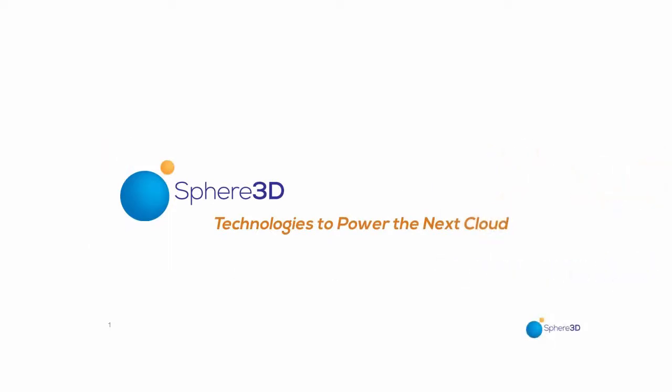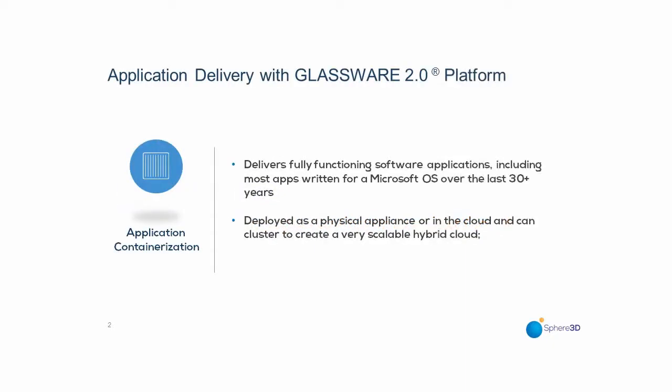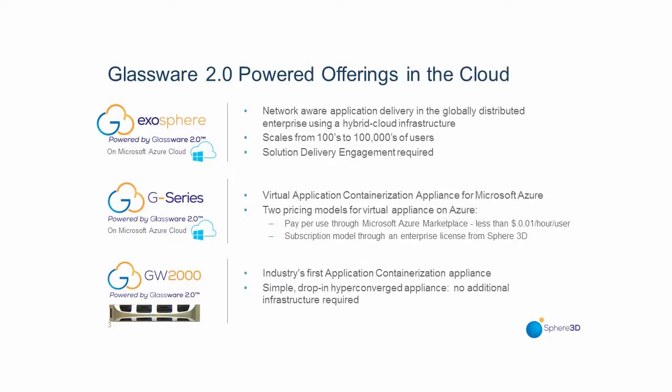Sphere 3D has recently launched G-Series Cloud for Microsoft Azure. Powered by the Glassware 2.0 containerization platform, G-Series Cloud is a revolutionary new way to virtualize and mobilize both current generation and legacy Windows applications, making them accessible from any device, anywhere. G-Series Cloud is easier to use, faster to deploy, and an order of magnitude lower in cost than any alternative